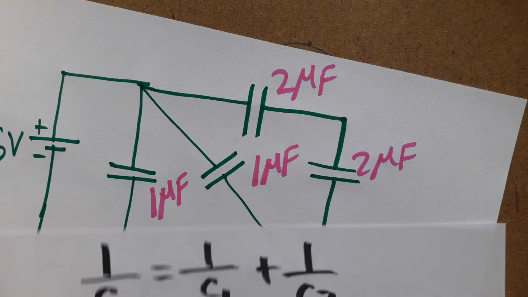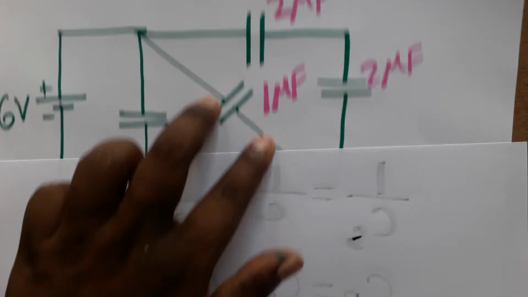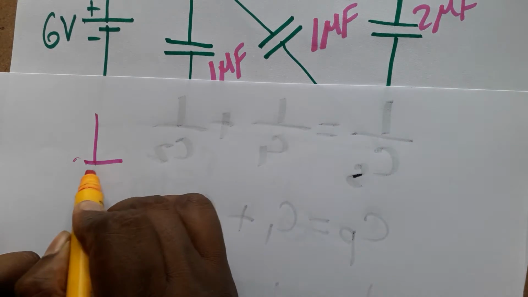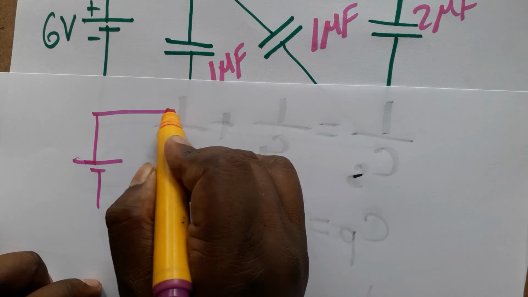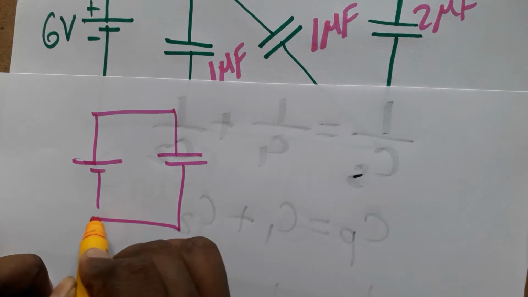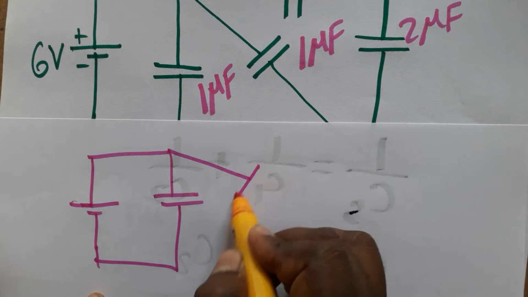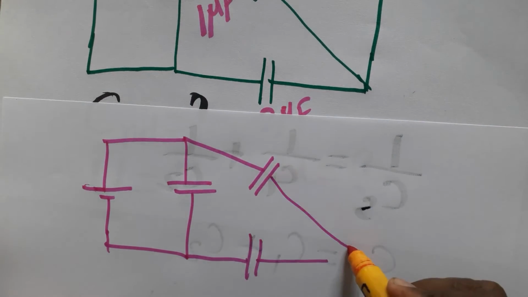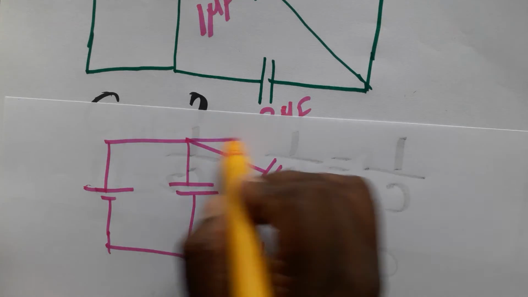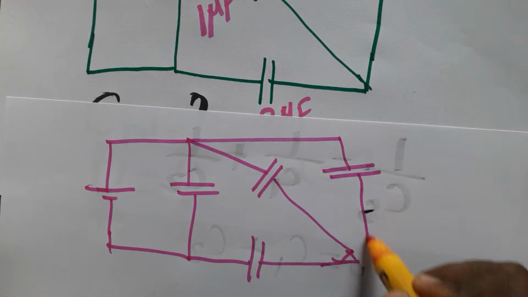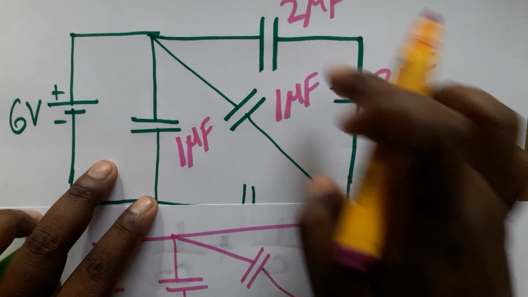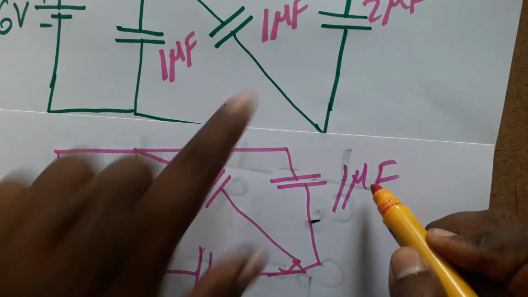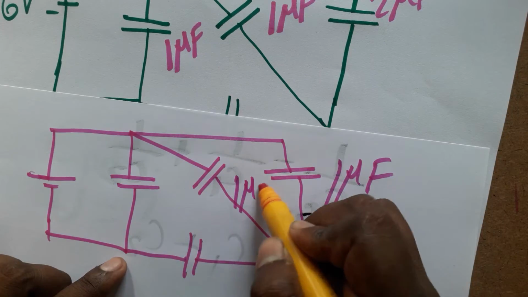So our circuit is going to be modified. Because we found the solution for these two, the circuit is modified like this. We have the battery, then here one capacitor, and here another capacitor, the same circuit. I did the solution for only two capacitors, so they become a single capacitor. This value, the solution for these two, we got as 1 microfarad.